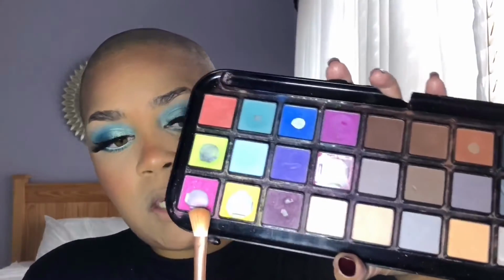And I'm gonna go in with some pink eyeshadow. So I'm gonna go in with this shade of pink. It's quite dark, but I'm trying to be cute and I like things. So just gonna apply that. Look at that. But on my nose,